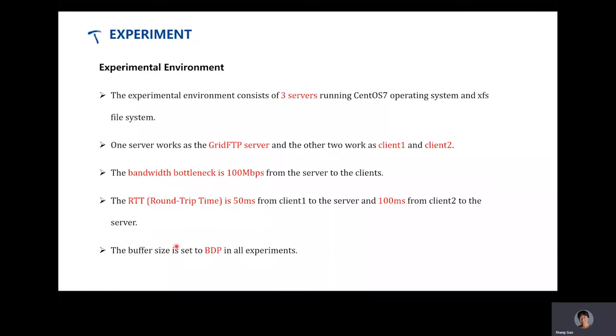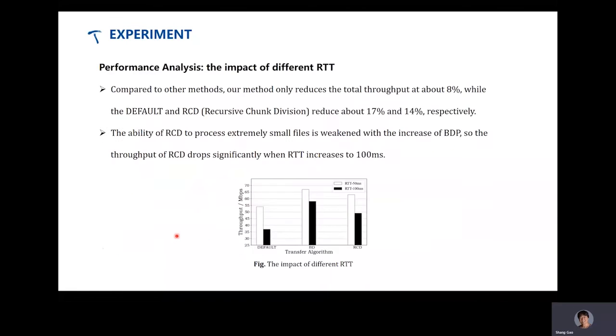And then bucket size is set to BDP in all the experiments. So this is one of the performance analyses we've done. In this figure, we use different RTTs and observe the throughput of different algorithms, like the default one, the bucket divide algorithm, and the RCD. As you can see, compared to the other two, our method, BD, could only